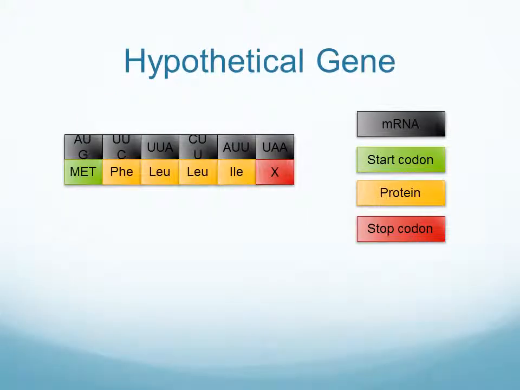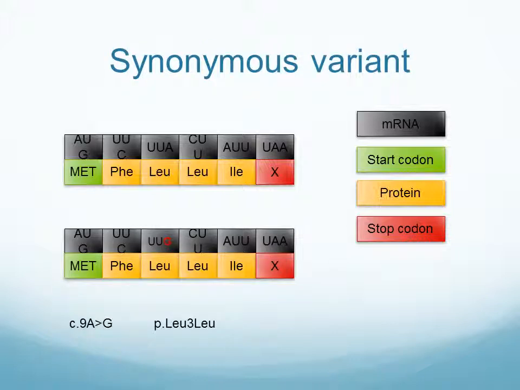All genes that code for proteins begin with an AUG codon, which encodes the amino acid methionine, and end with the termination codon, which encodes for no amino acid at all. Because there are more 3-letter combinations than amino acids, some DNA variants have no impact on the protein sequence of its gene. In this example, the 9th coding base of this mRNA is changed from an A to a G,